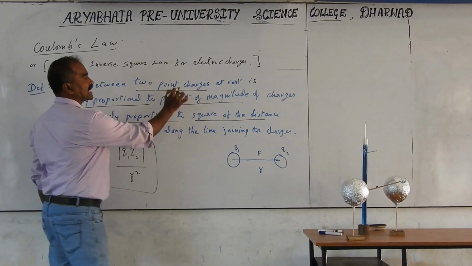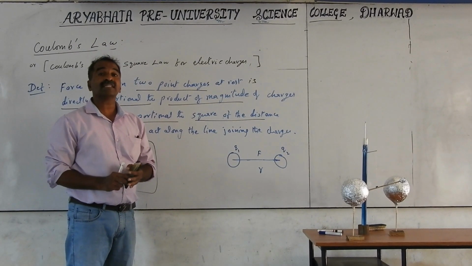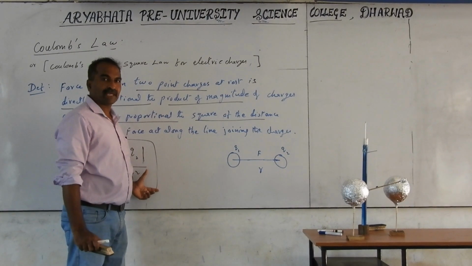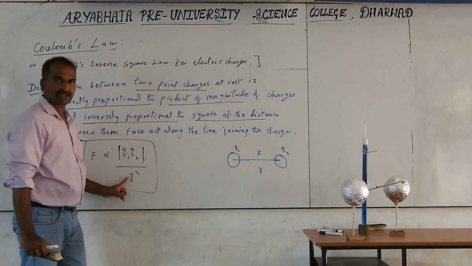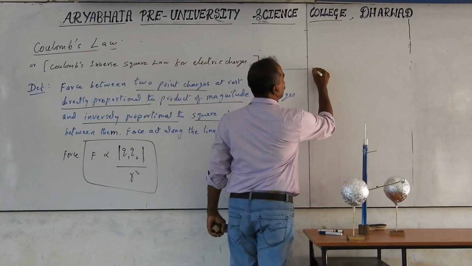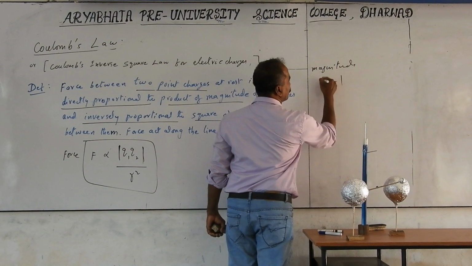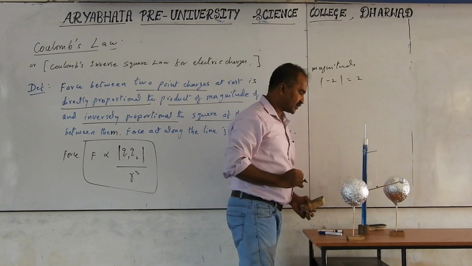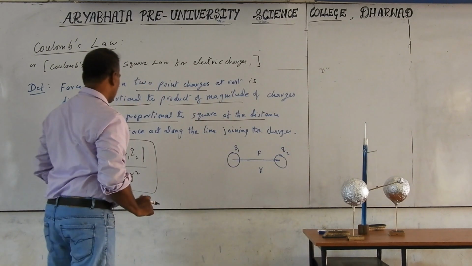He stated point charges at rest actually, but it is not compulsory to mention at rest because charge value does not depend on the velocities or on masses. So even when the charges are in motion, this formula is applicable. At the given distance, at the given point, whatever the separation is, at that point this will be the force. F is proportional to modulus of Q1 Q2. If you use the modulus, the magnitude of minus 2 you write as 2. That means even if it is minus, you take it as plus. A negative charge is also taken as positive in this case. And R is the separation.